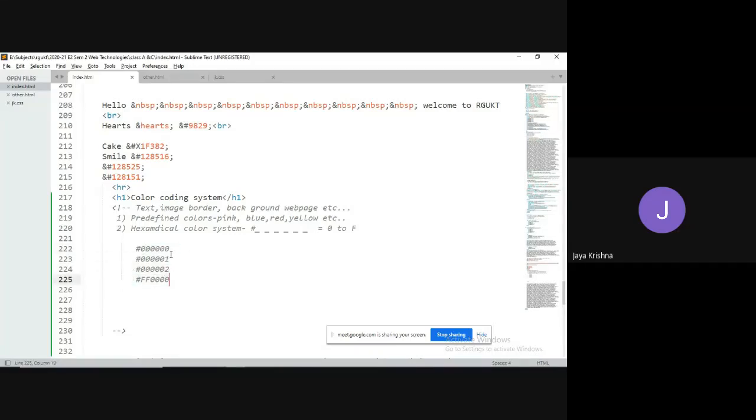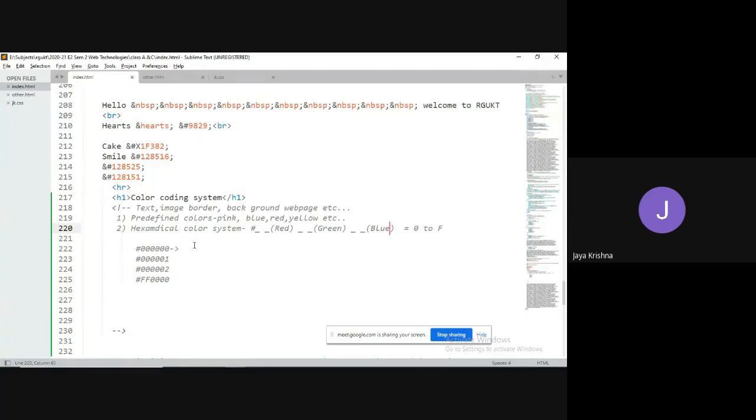Fine, but it has a predefined meaning. What is that? The first two digits represent red color, the next two digits represent green color, and the next two digits represent blue color, meaning that it follows the RGB color system. Okay, fine.